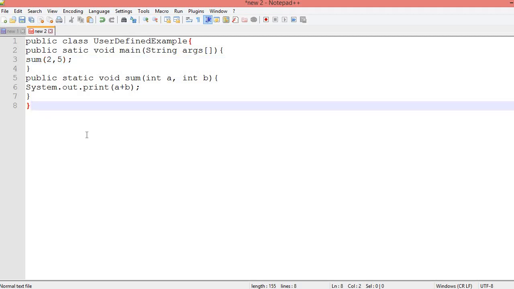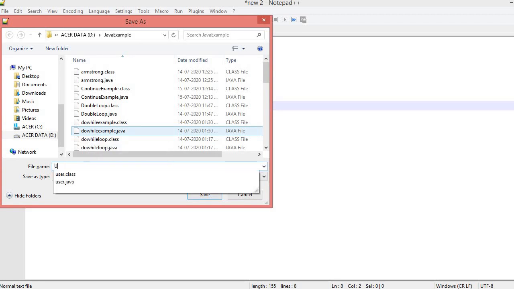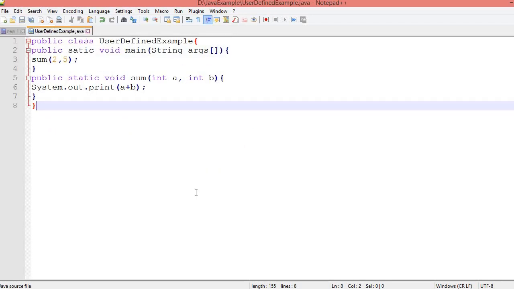Okay, let's save the program as UserDefinedExample.java. Okay, now I will run the program.